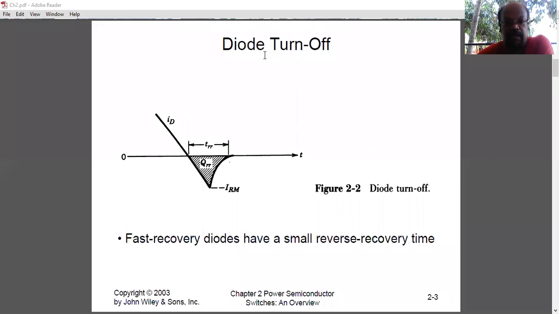So this is the diode turn off. That's what we have seen, that turn off. What is TRR? We have seen that elaborately. When you are describing the diode turn off, when the current becomes zero, actually it will not become zero immediately. It will take some more time. That is called reverse recovery time, for the recombination of charges. So based on this reverse recovery time only, we are going to select a particular diode for particular applications.